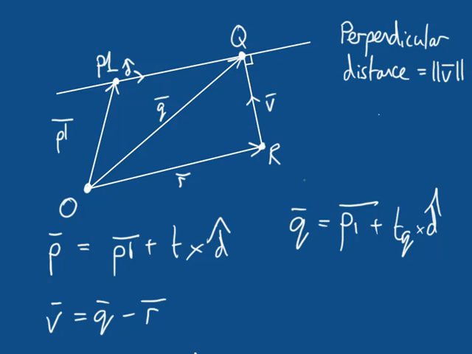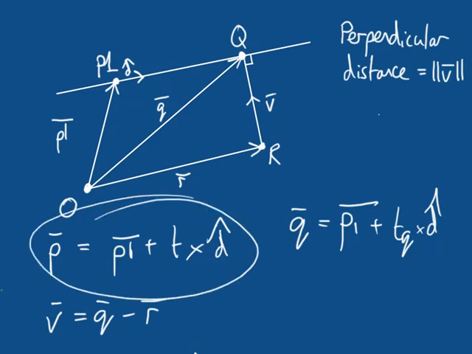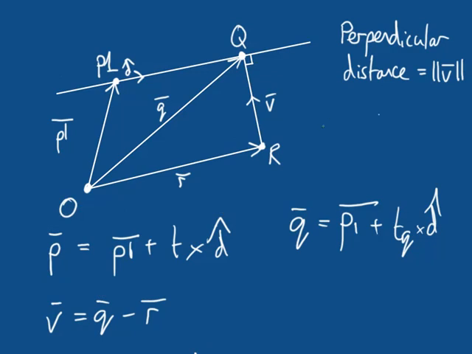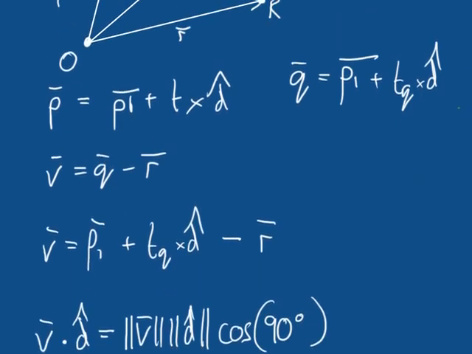So we said, we know that Q exists on our line. It is a point on our line, and that means it can be found using our vector line equation. The position vector for that point on the line is equal to P1 plus some specific parameter value TQ times D, where this specific parameter value is the one we need to locate that point. So what we're interested in is solving for this parameter value. Given that we found that parameter value, which gives us the point Q, we're then able to find V. We know that V is equal to Q minus R, using the theory on position vectors that we've seen, which we can then write as V is equal to P1 plus TQ times D